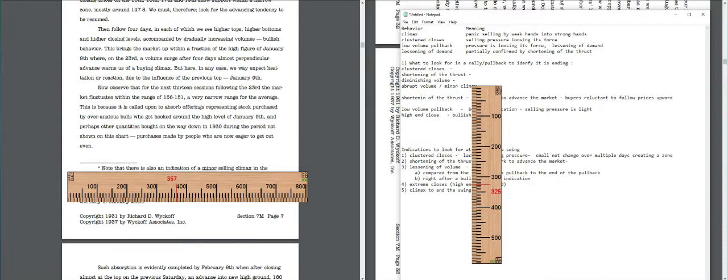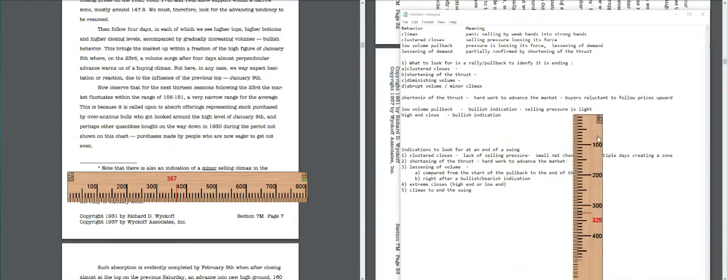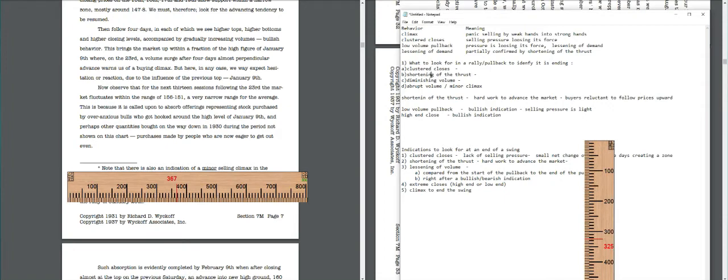And the answer is, these are four basic things. Clustered closes, shortening of the thrust, diminishing volume. And these three things together, the shortening of the thrust,